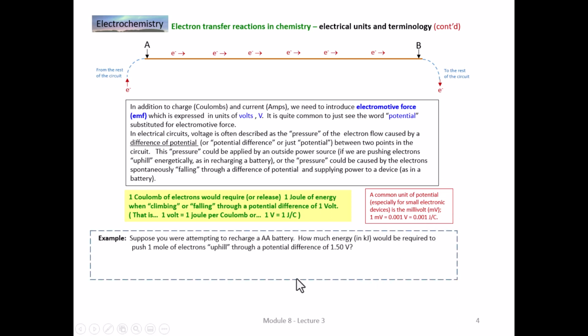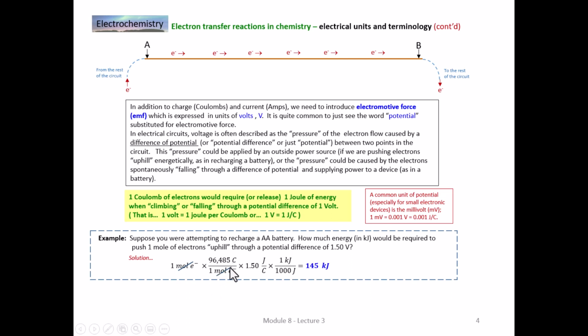Here's an example question. Suppose you were attempting to recharge a AA battery. How much energy in kilojoules would be required to push 1 mole of electrons uphill through a potential difference of 1.5 volts? Well, how would we deal with this? Well, we need to push 1 mole of electrons. 1 mole of electrons would be